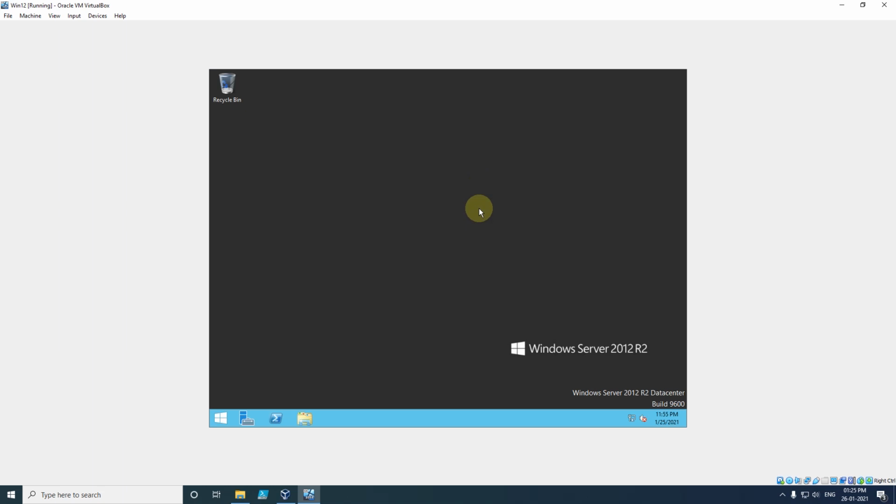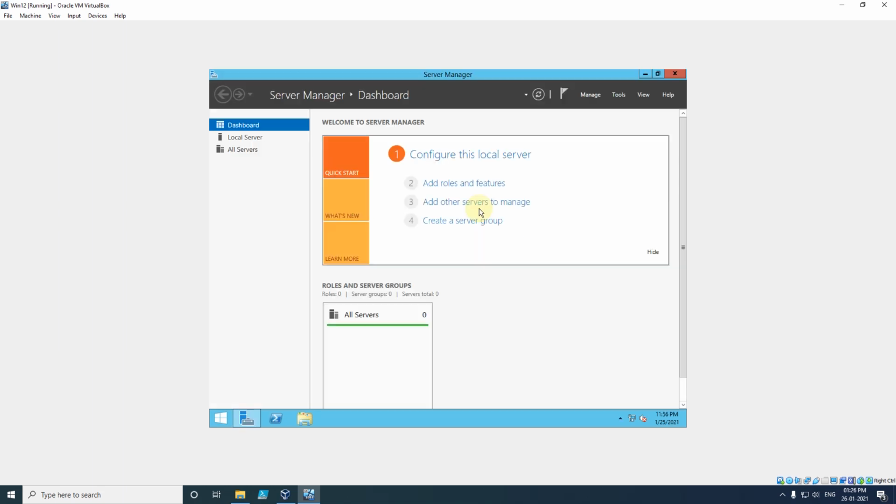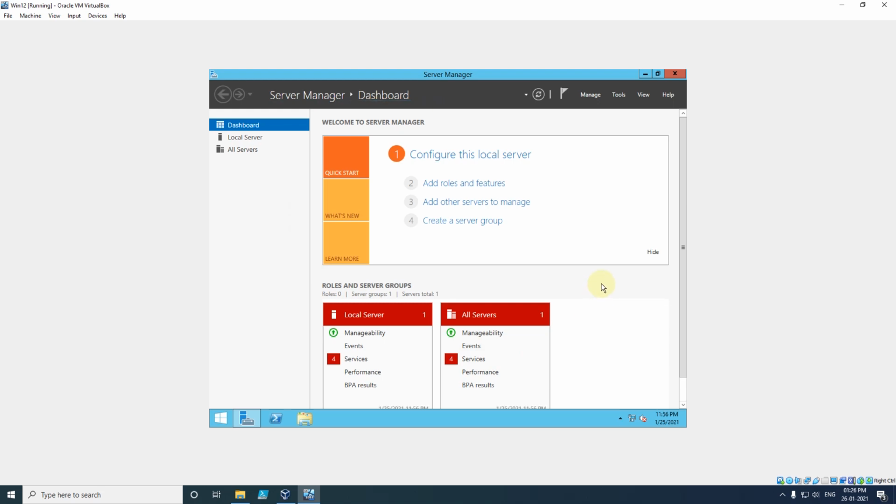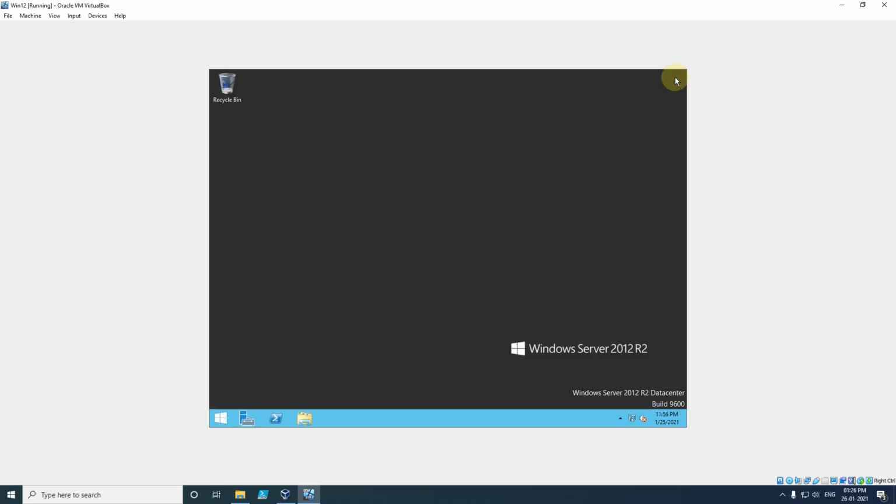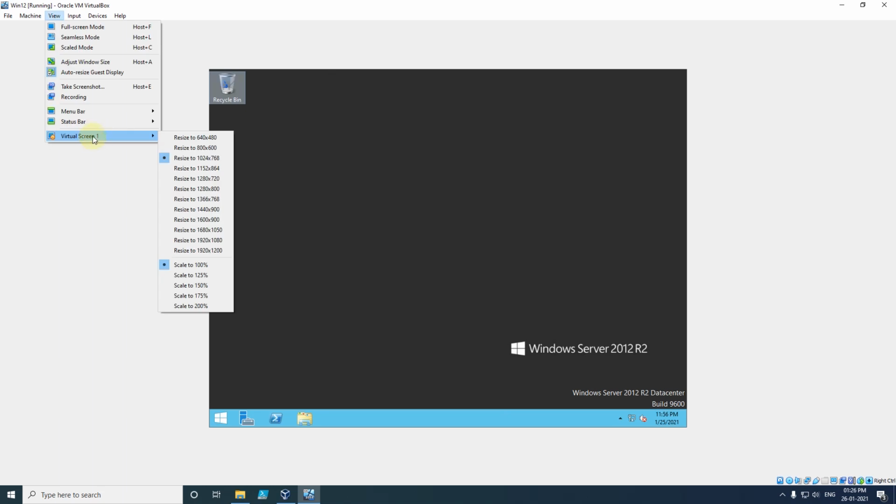So I have logged in to my system. After we log in, every time we restart or start the system, our Server Manager will be loading. If you want to work here, you can work, otherwise you can just ignore this by clicking on X. Now you can see here that in View, in Virtual Screen 1, we will be clicking on resize to 1920 by 1200.